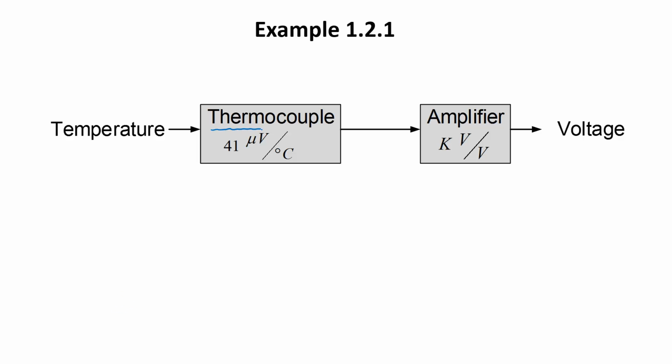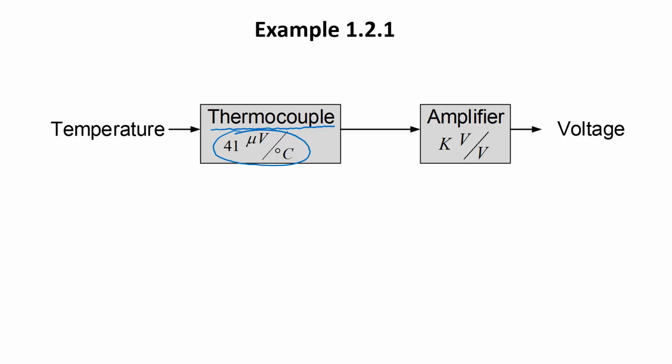We're using a thermocouple to measure temperature. A thermocouple consists of two wires of different types of metal joined at their ends. When you change the temperature of the junction between the wires, a voltage difference is created between the wires. We have what's called a type K thermocouple, which typically provides a sensitivity between temperature and voltage of about 41